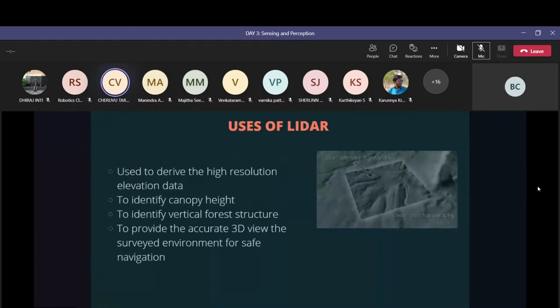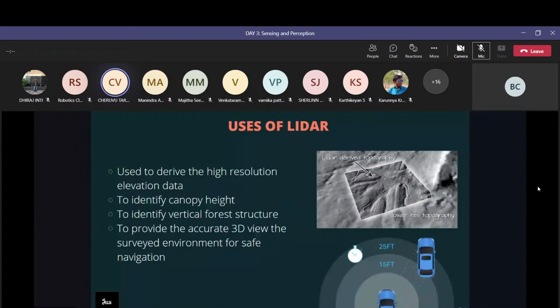Next, where you can use LiDAR sensors: you can use them in deriving high resolution elevation data. Elevation data in the sense of how much height the hills have above the surface, and then canopy heights. You have different canopies, like hills, mountains, etcetera. So to identify those heights,